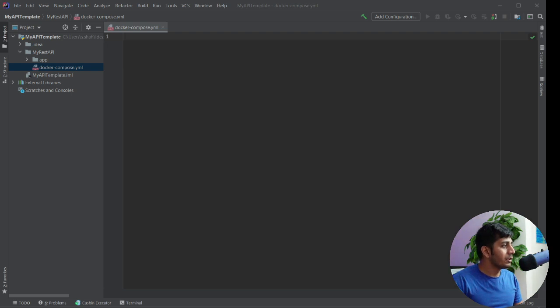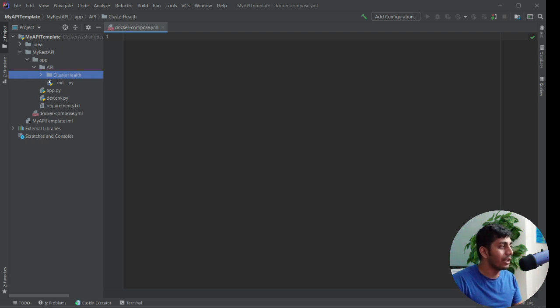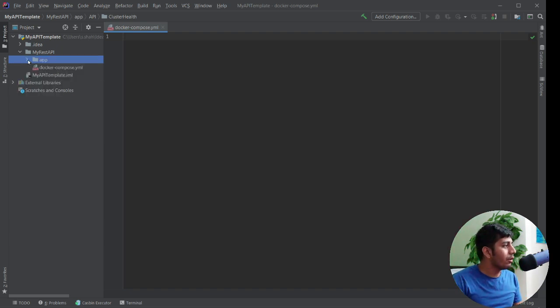You have your base package, my REST API. You have an app folder. Inside that you have an api, app, dev, requirements. Every API should always have a cluster and health endpoint. We'll do some Swagger UI and some nice things here. Okay, so we have the Docker Compose file here. Then essentially we need to have one more Dockerfile, and we would name this release.Dockerfile. Essentially your ops team would be building the CI/CD pipeline on this.